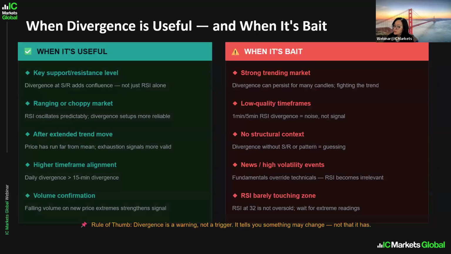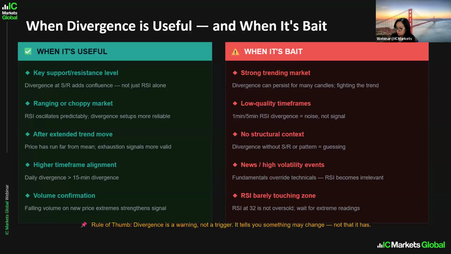So when is divergence useful and when is it not? It is useful when you spot the divergence with price at a support or resistance level, or at a key level, demand and supply. Divergence at support and resistance is strongest when you see it at a confluence. If you see the divergence at support and resistance plus a Fibonacci level, that is super confirmation, meaning you can buy or sell. But it's not 100% confirmed that price is going to fall, rise, or continue. You always have to set a stop loss.